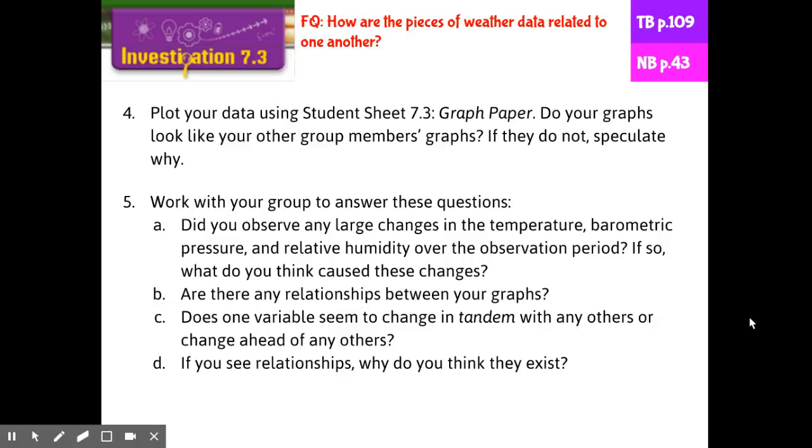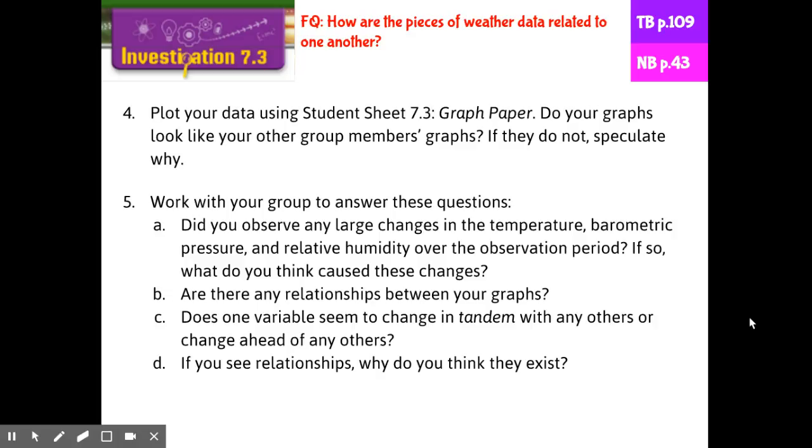You're going to plot your data on student sheet 7.3. That's basically just graph paper. And then you need to decide whether or not yours is going to look like your group's. You can do it all the same, or you can do it independently. It's up to you. After you've gotten everything graphed, you're going to answer the questions 5A through